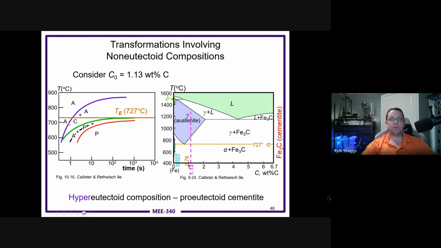Down here, as you get just below this temperature, you've got cementite that's formed in both cases, because you have a combination. This may be a little confusing on the label, because everywhere inside this envelope between the green line and the purple line is actually cementite plus austenite. What it's trying to represent is that, depending on how quickly you cool and how long it takes, you're going to have these two phases formed, even if the composition is